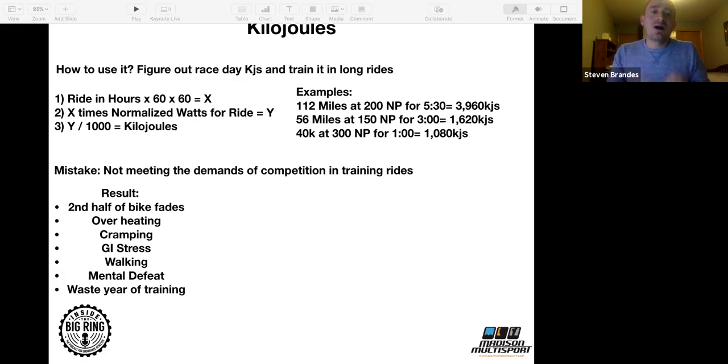But if you are not conditioned, which goes back to meeting the demands of competition in training. If you have a 3-hour ride and you're just futzing around on it, you're not really doing much good. It may make you think, oh yeah, this is 3 hours on a bike, 3 hours in a race. It's not the same. Your long ride is the most important ride of the week, and it needs to be hard. Okay, it needs to be hard. Cramping, right? Say you're doing Ironman Wisconsin and you finish both loops, 80 miles in, whatever.